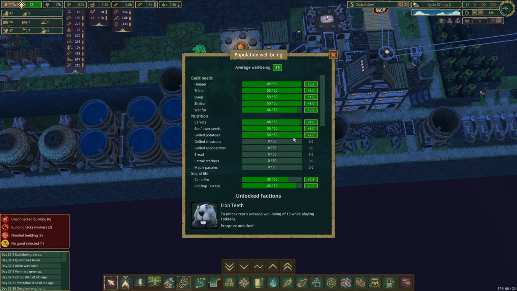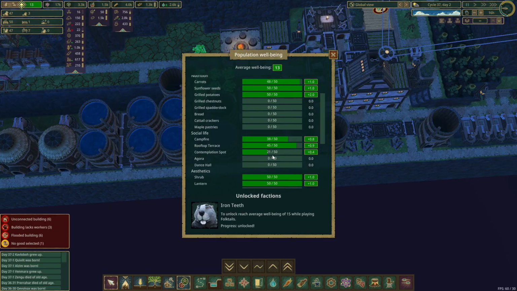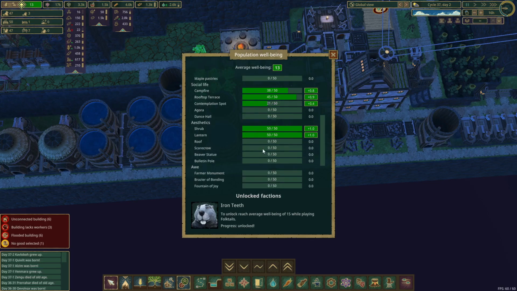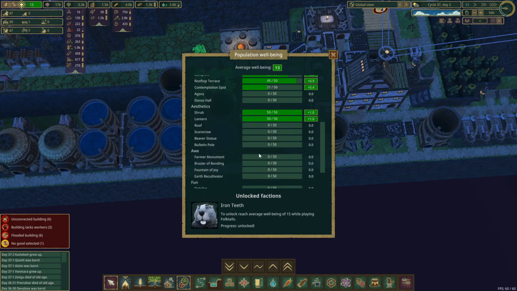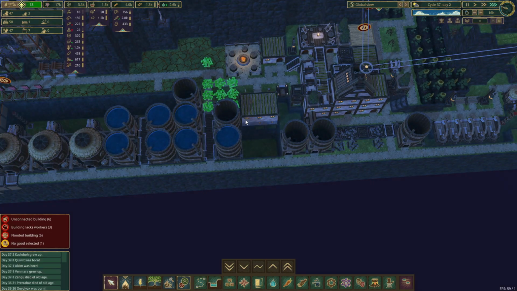How's our well-being doing? Almost everyone has fed. Almost everyone has wet fur. Most have carrots, sunflowers, and grilled potatoes. We don't have any of the other items available. Very few of them are hitting up the contemplation point. We don't have agoras and dance halls, but wait, we will. We definitely will. We have shrubs and lanterns. We don't have any roofs as of yet. No statues, nothing. We do have the Lido. Okay, so we are doing okay with our...